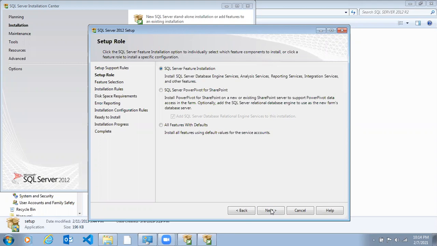But as we are learning SQL Server development activities only, database engine services, analysis, reporting and integration services all come under MSBI technologies. So I selected SQL Server feature installation and I'm clicking on next.